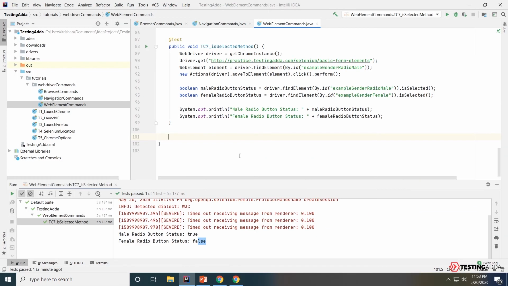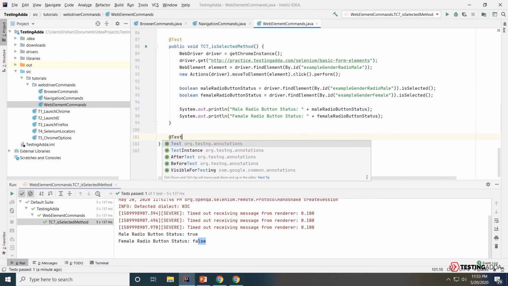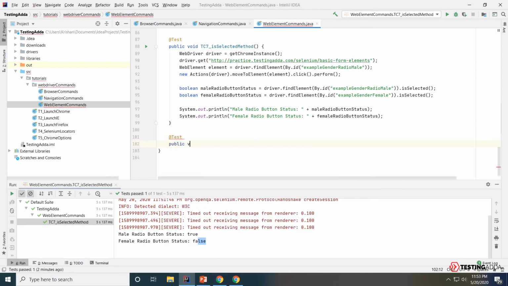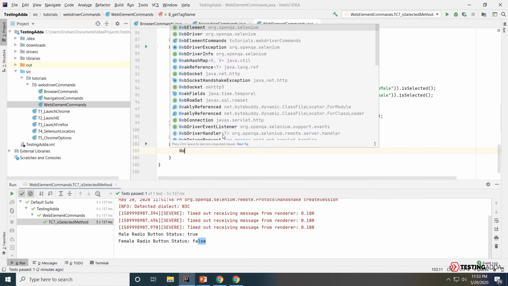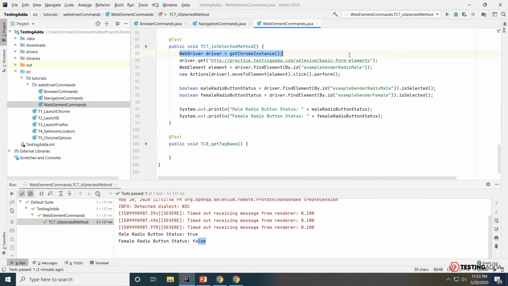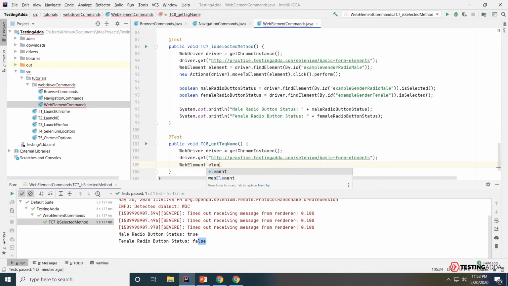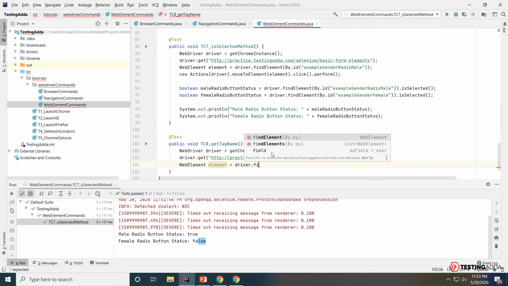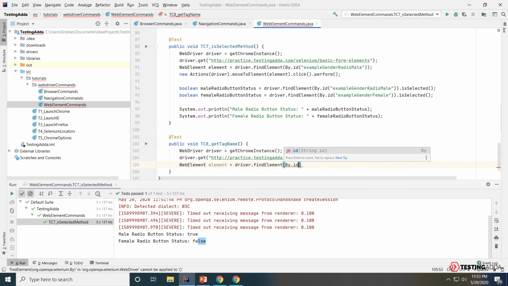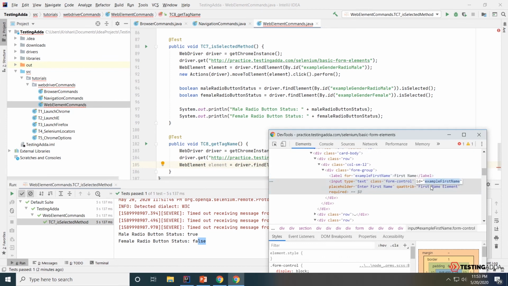Okay, so let's do it. Again, create a new method, public void ac8 getTagName. Same thing, have to write it again. Now what we are going to do is WebElement element equals driver.findElement by id, because we are using id. So the id is example first name.